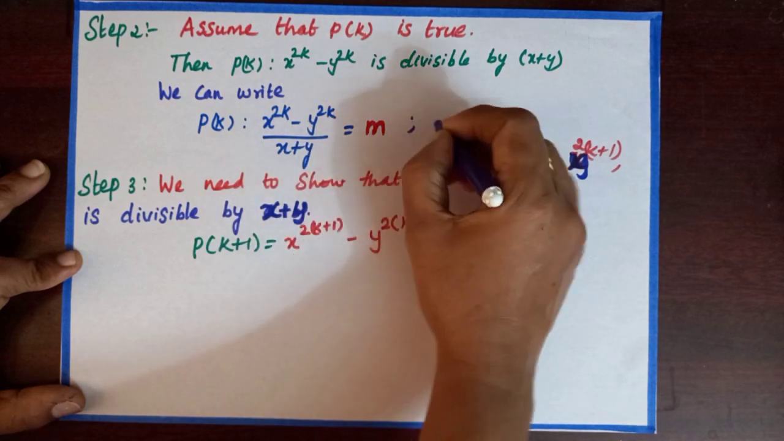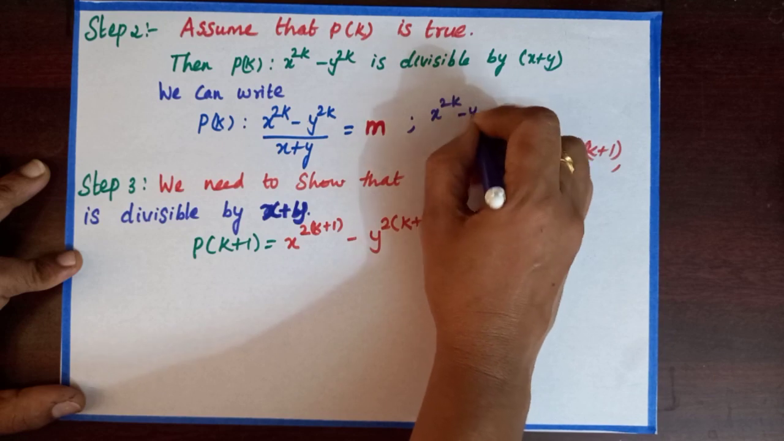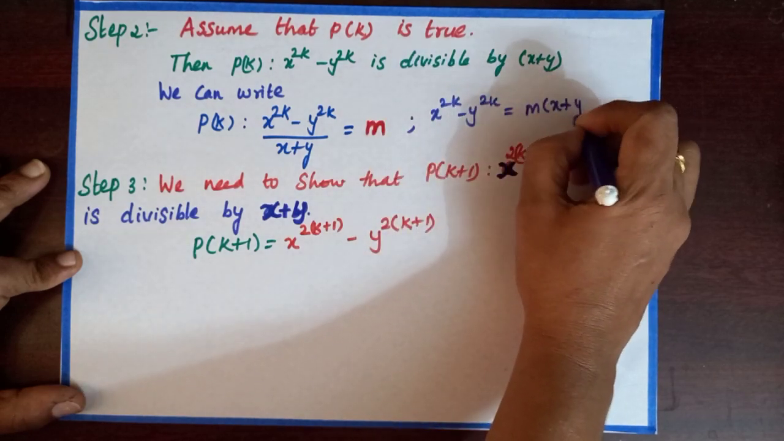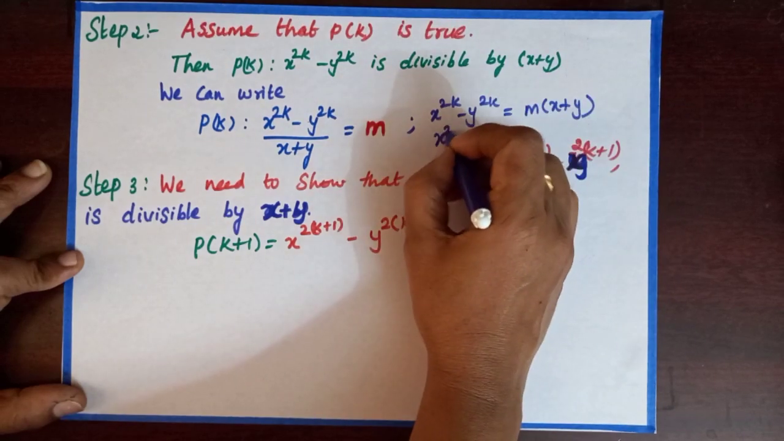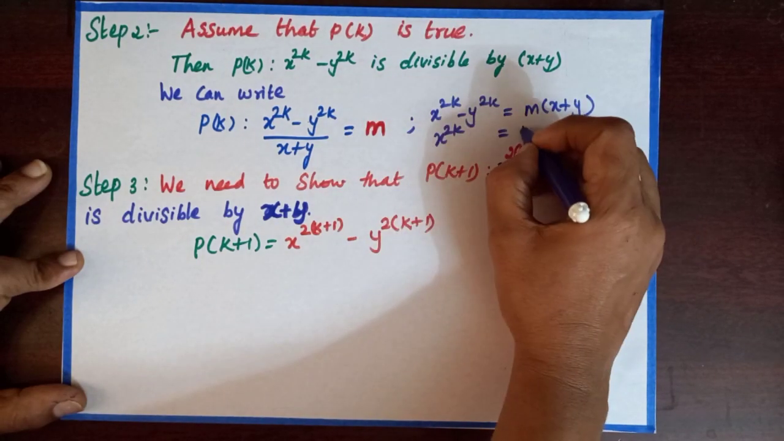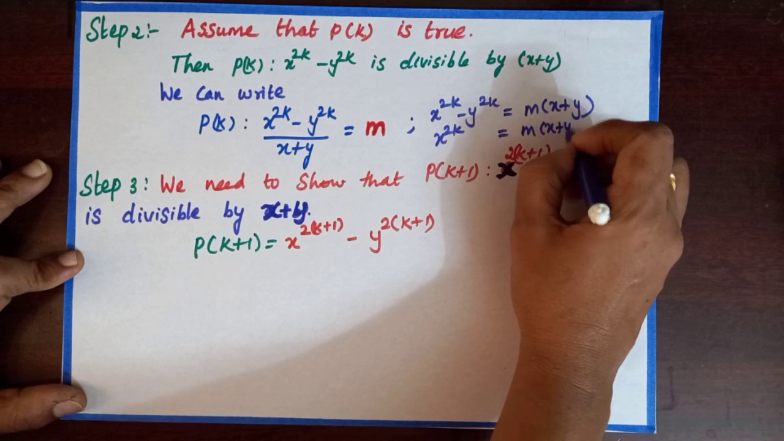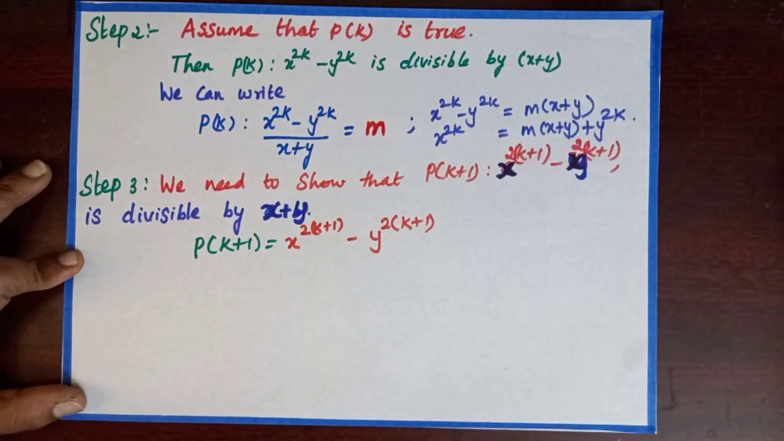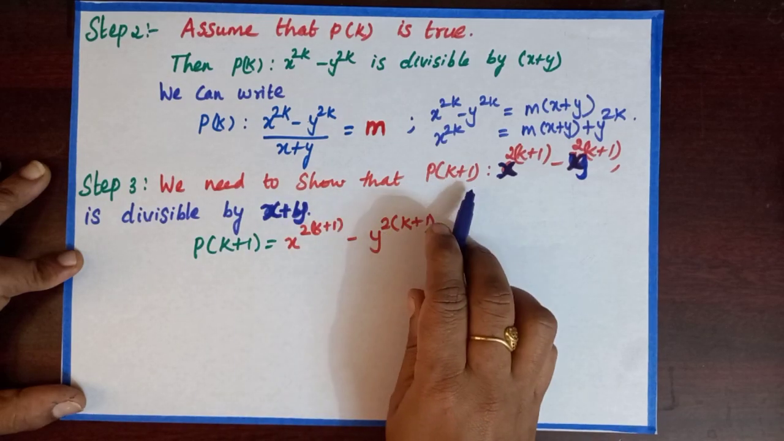Then, which can be written as x power 2k minus y power 2k equal to m of x plus y. From here, I am going to find x power 2k. X power 2k is equal to m of x plus y power 2k. Step 3. We need to show that P of k plus 1,